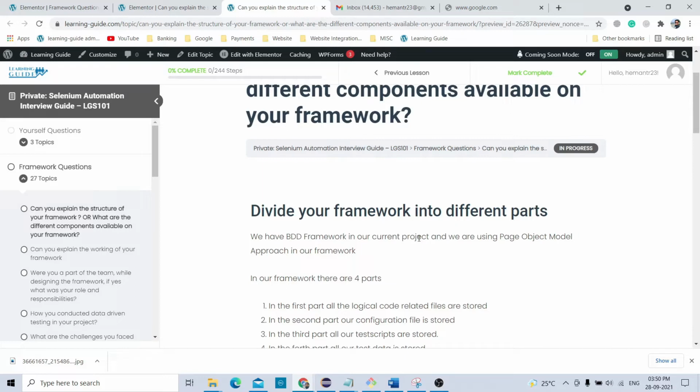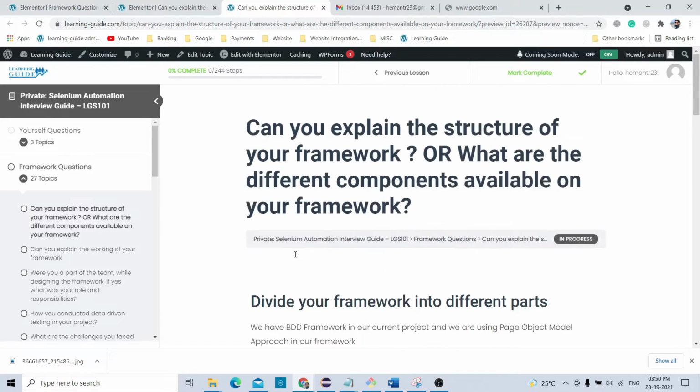And second, what approach you are following. In this we are following the page object model approach. If you have a data driven framework, you can say that we are currently working on a data driven framework and we are using page object model as the approach. Like this you can explain.